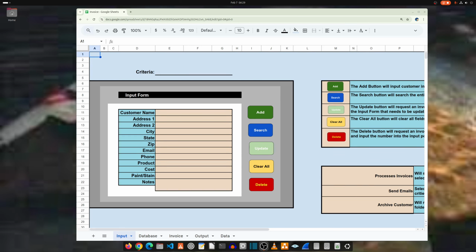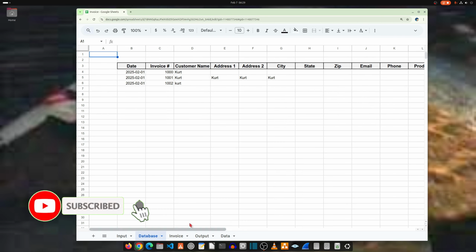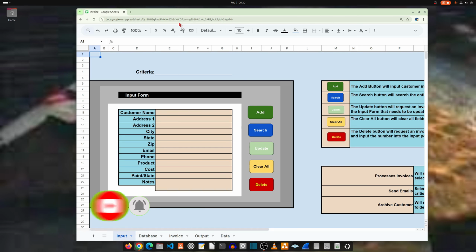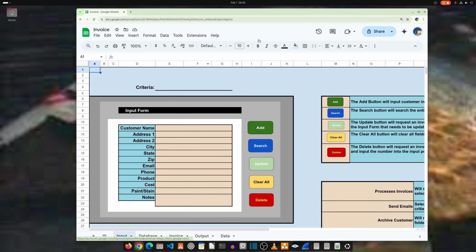So in part 4 here, we're going to be hopefully finishing up the add button and the clear all button here. So let's get with it here. We left off with just being able to add stuff into our database, as you see here. Now we want to go to our app scripts here. So we go to extensions, app scripts,